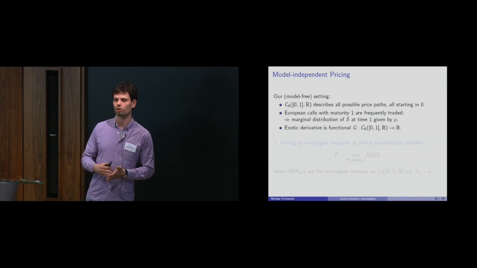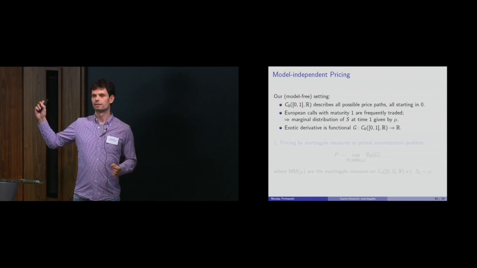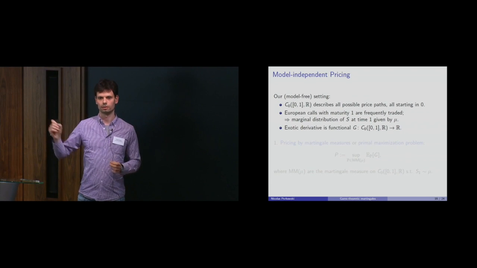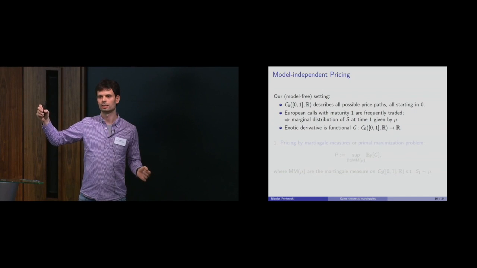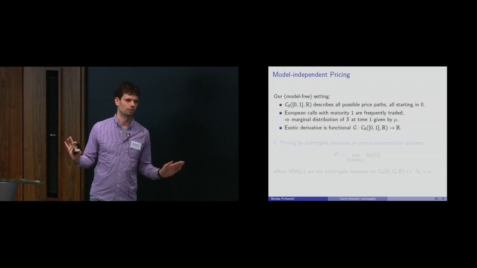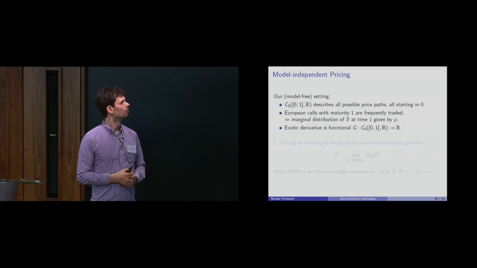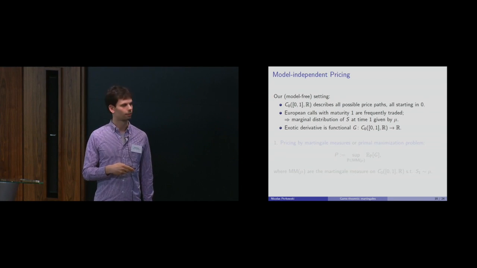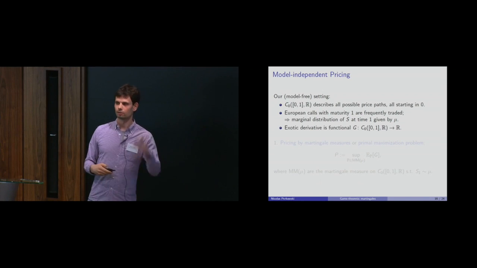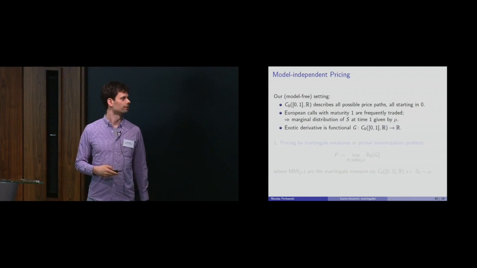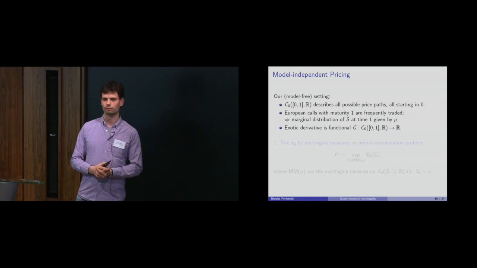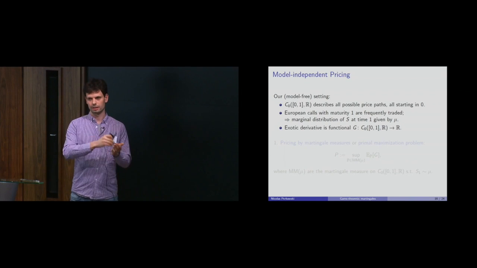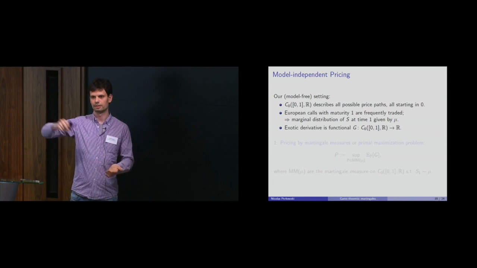And actually, it turns out if you know all the call prices at the terminal time, then they determine a probability measure. So a family of infinitely many call prices determines exactly a probability measure, at least if they're arbitrage consistent. Otherwise, there's nothing to do. So this means we know the marginal distribution of the price at the terminal time, and this is just the probability measure which corresponds to the call prices. And now we want to price an exotic derivative, and an exotic derivative for us is a functional that takes the trajectory of our path and sends it to a real value.